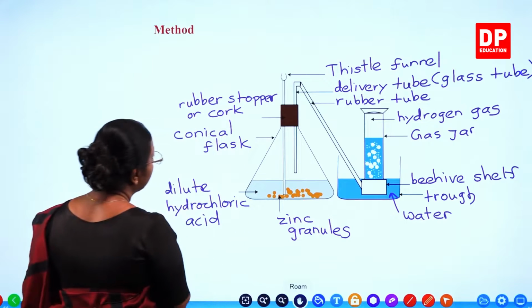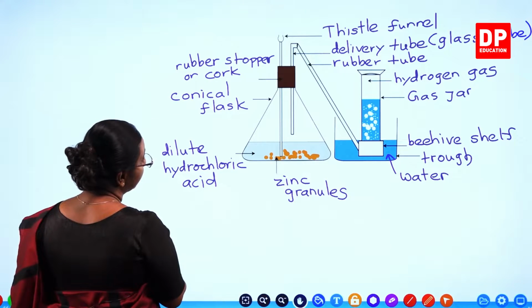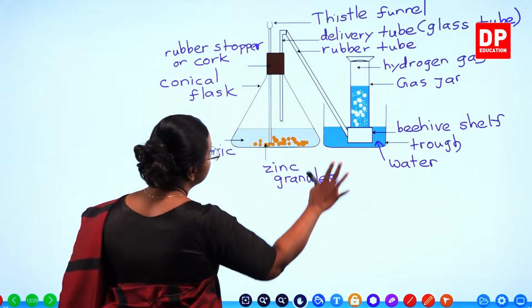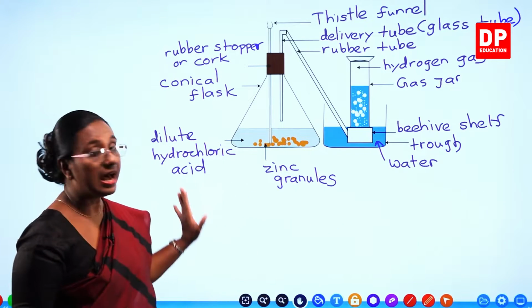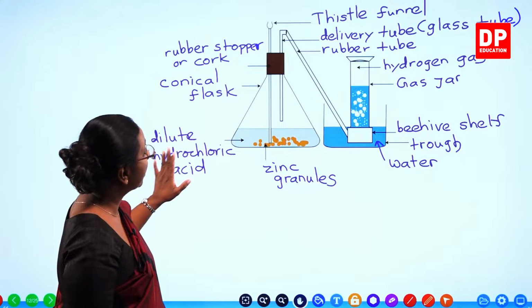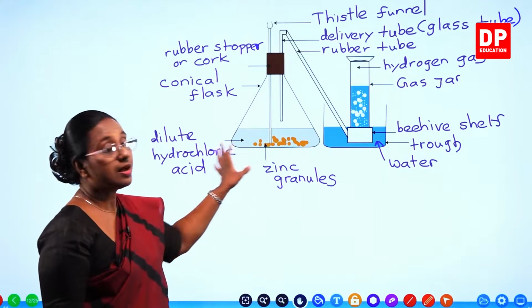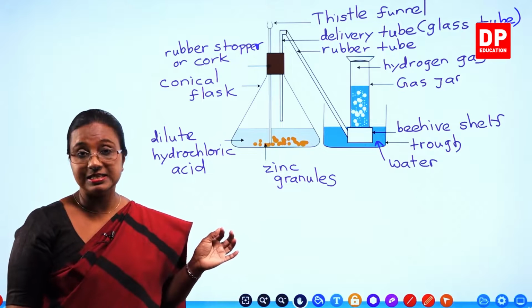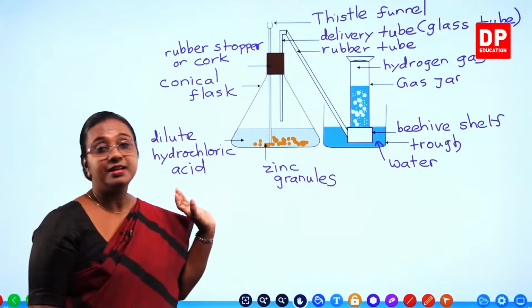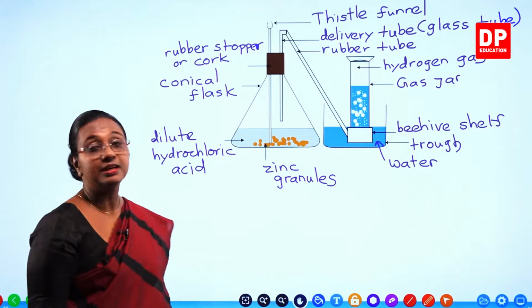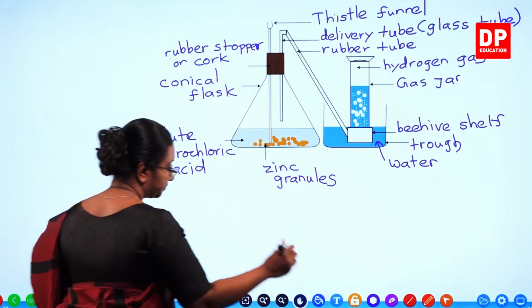So here there are a few things that you all need to remember, students. In addition to this setup, if you are given the diagram, you should be able to identify all the parts and also you should know some of these practical considerations. I will write them down here. It's easy with the diagram. So,